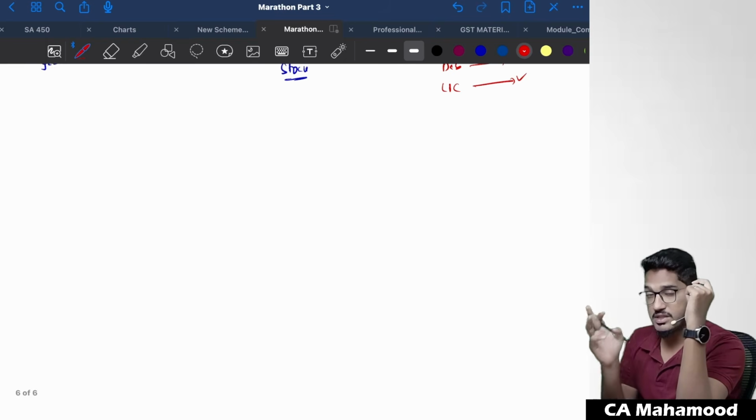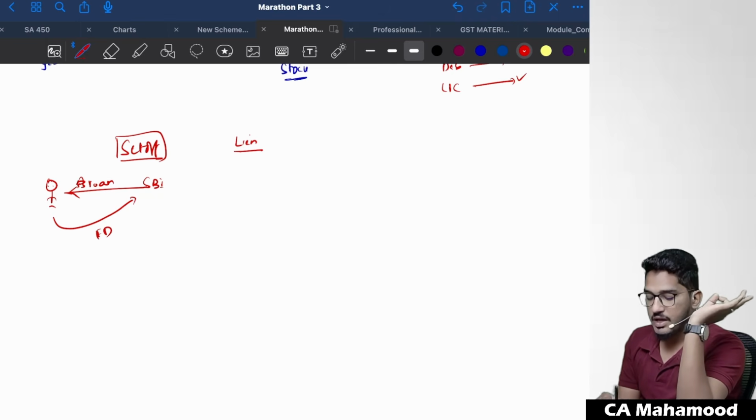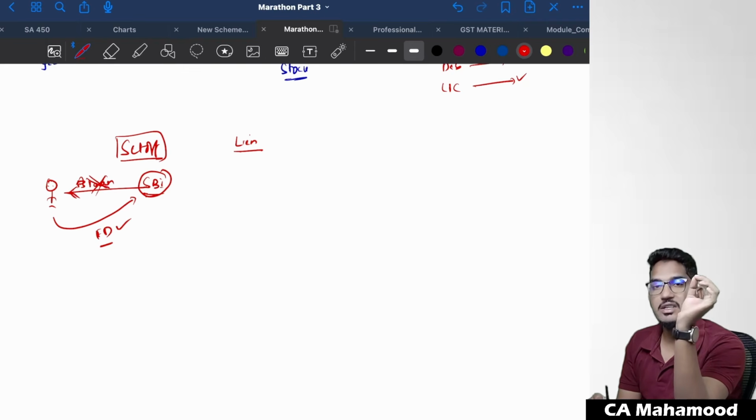And as I have told you in the middle, there are a total of 6 modes. The last 2 modes are, number 1, set off, and the other one is lien. Sir, what is this set off? What is this lien? Very simple. For example, there is a bank, SBI. One person has taken a loan from SBI, 10 lakhs worth of loan, and with the same SBI he also has an FD. He has deposited a certain amount of money with SBI, and whatever loan he has taken from SBI, if he is not repaying that loan, do you think the banker will have the right to adjust the liability of the loan against the fixed deposit? See, this customer has kept a fixed deposit with SBI. Do you think the bank will have the right to adjust this loan against the fixed deposit? Yes, they can do it.